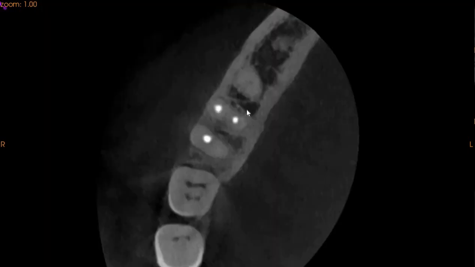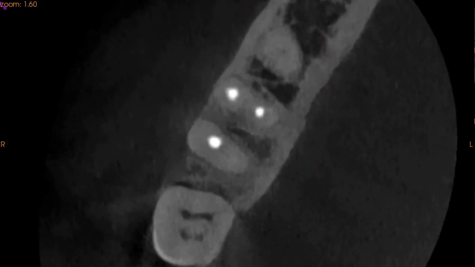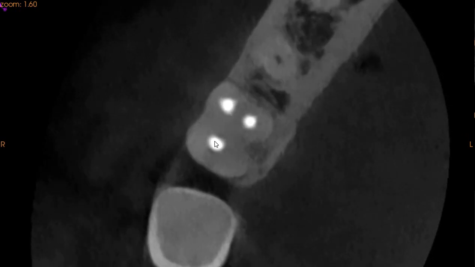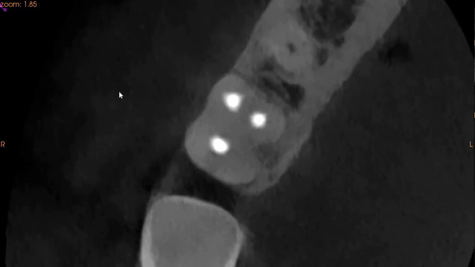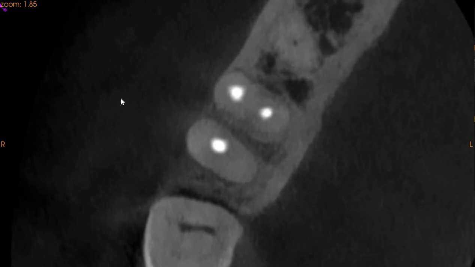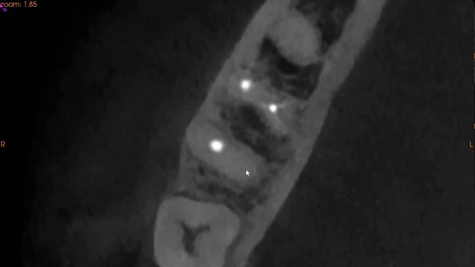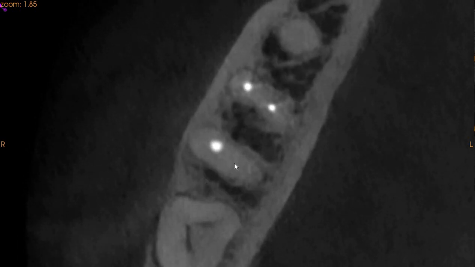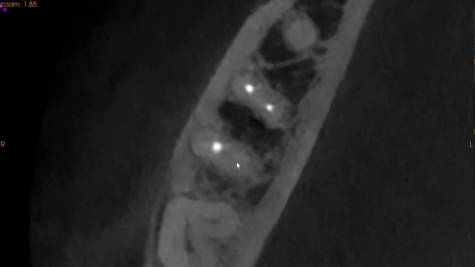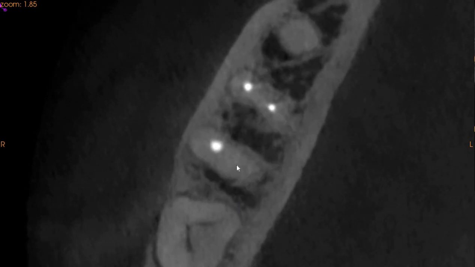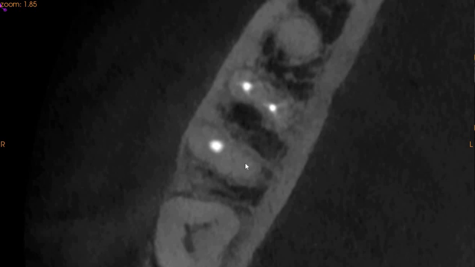This is the axial view. On the axial view, we will be able to see that this is one, and initially this is one canal. As we move inferiorly or we move down, we can see that this is the mesiobuccal canal, and then this is where the mesiolingual is present. There we go, right? So this is where the second canal is partially missing right here. There we go, right there. So we do have an area which has not been obturated in this tooth, which can clearly be seen on the